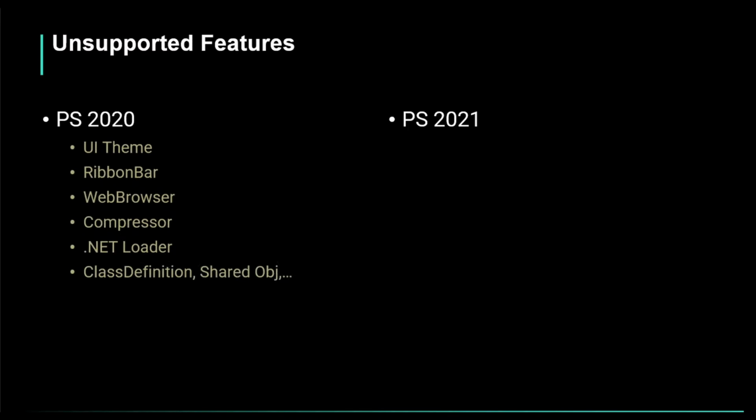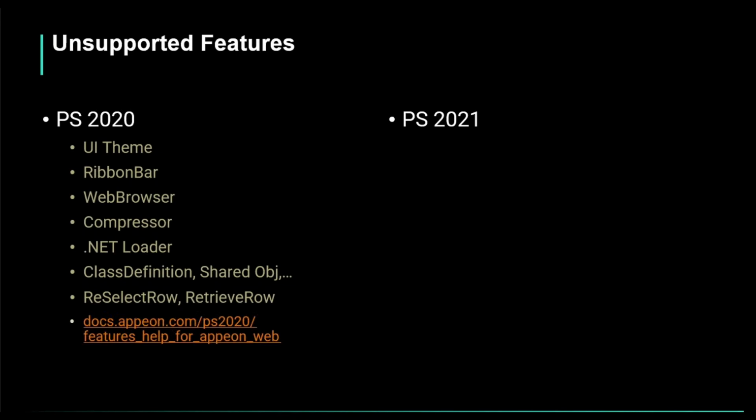Besides historical unsupported features like class definition, if you want to detect a function of an object at runtime, or data window or table blob, or shared objects function, or system objects like error or exceptions, and many more. But also data window functions and events, among the others, the very useful reselect row and retrieve row. So unsupported feature analysis and workaround has often represented a challenging step in PowerServer migration projects